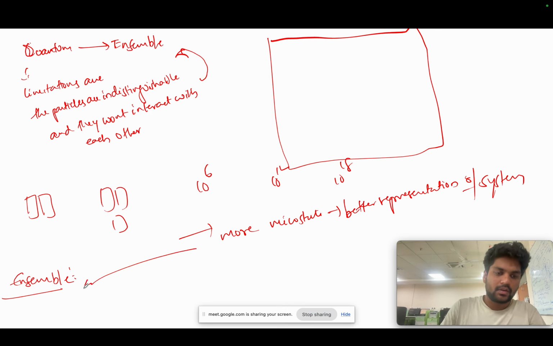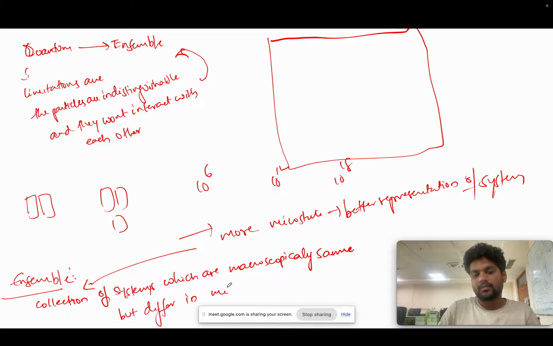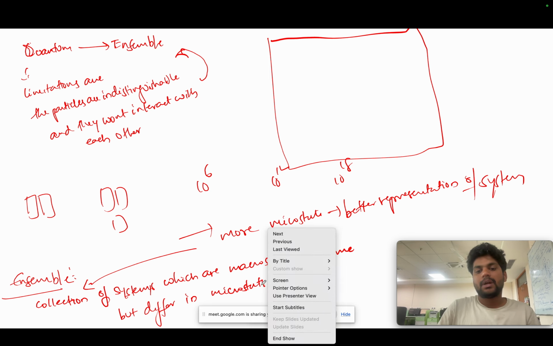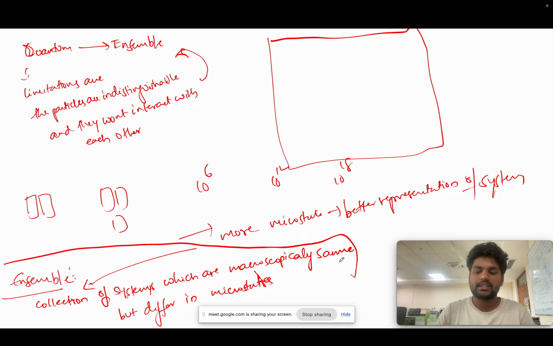So from here, if I take the definition, an ensemble is a collection of systems which are macroscopically the same but differ in microstates. So why am I starting again from the starting? It was to come to this line again. So we are discussing that the ensemble is nothing but